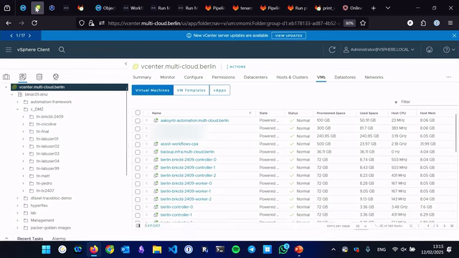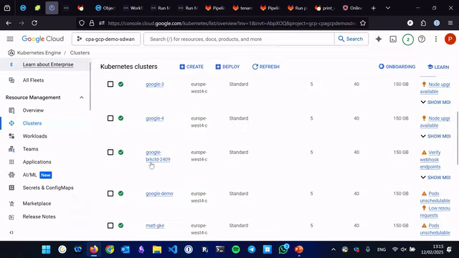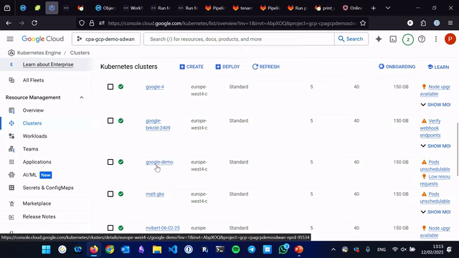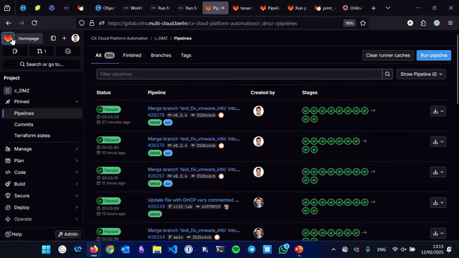We have also got vCenter. We can go into TN Cisco Live, and we can see we deployed 2 clusters here. So this is not an advertisement for vCenter or VMware. We just need VM capability. Could do this with Nutanix, could do this with KubeVirt. But we have our VMs deployed, Berlin demo, and Berlin. So what we then have is our cluster in Google, and we have this one here, Google demo. So we pre-deployed this earlier, and what we're going to do is create a mesh between these.